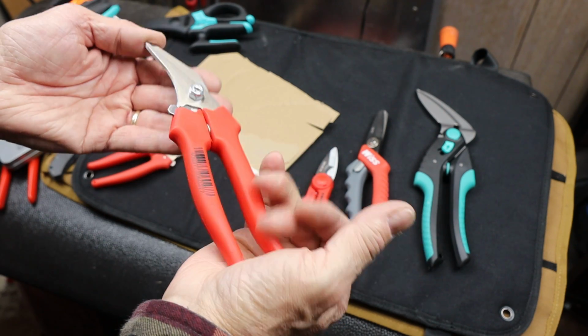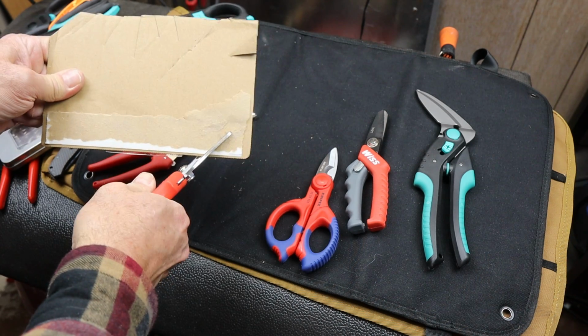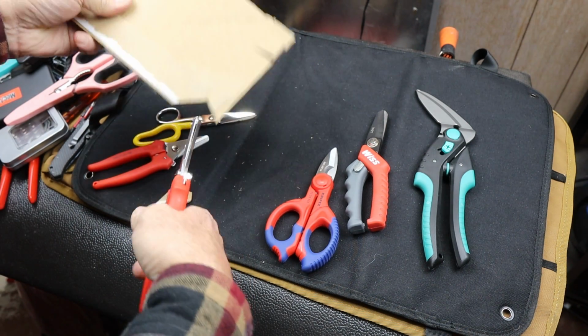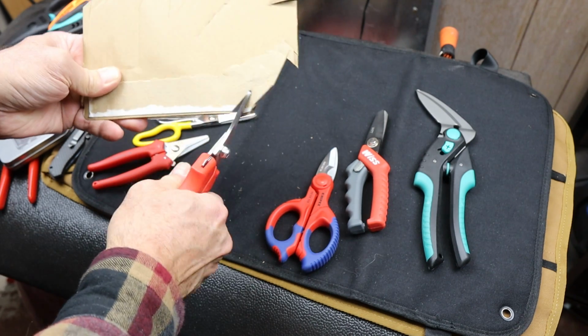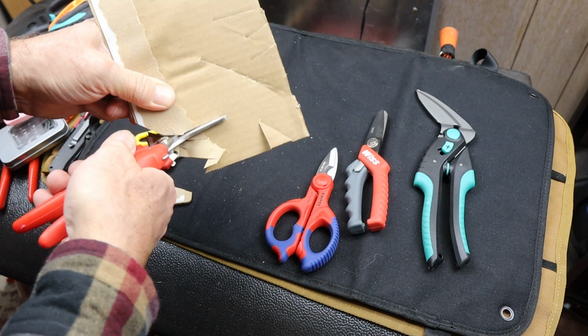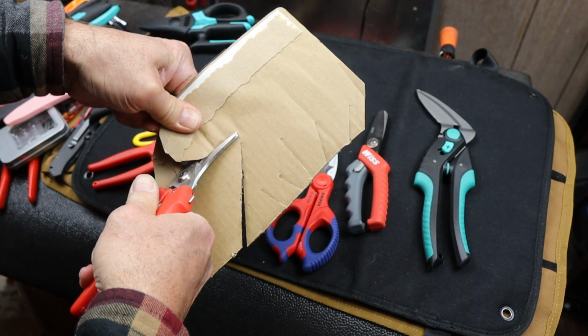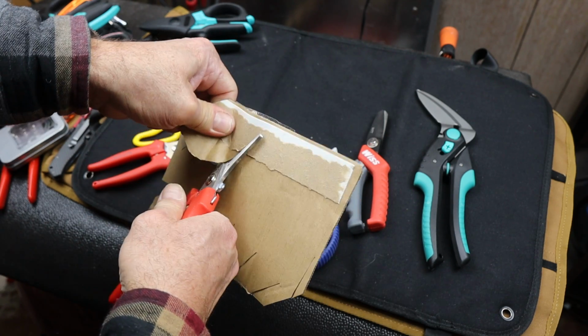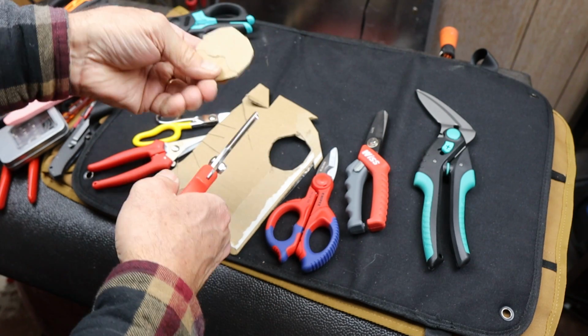Unfortunately, they are much less now than what I paid if you get them on the Black Friday sale. If you're watching this in the future, sorry. But they are quite reasonably priced. They really chomp into this stuff. Give you some dexterity if you're trying to work in a confined area and making a nice